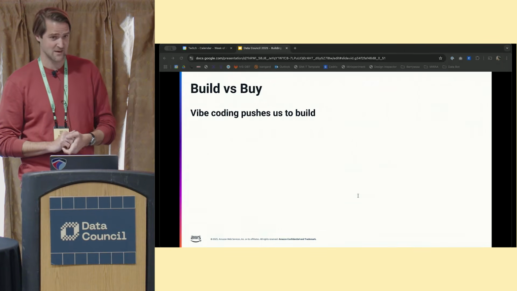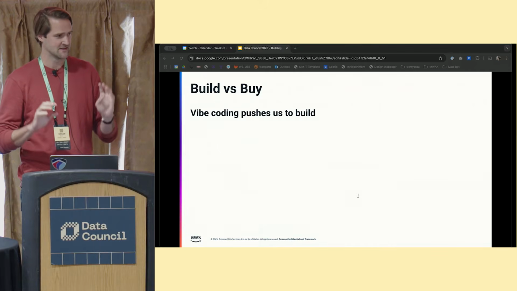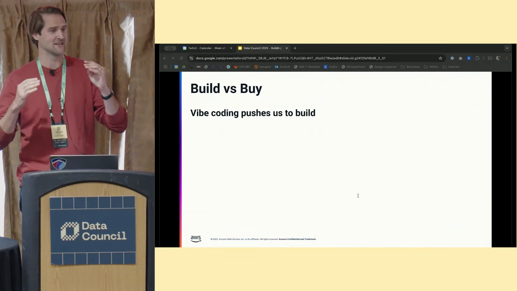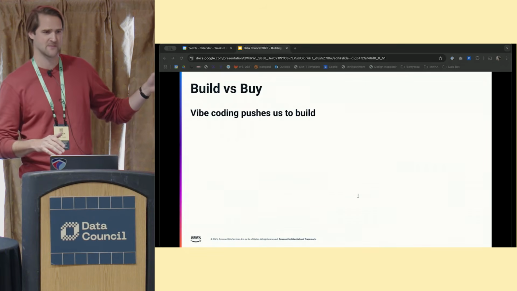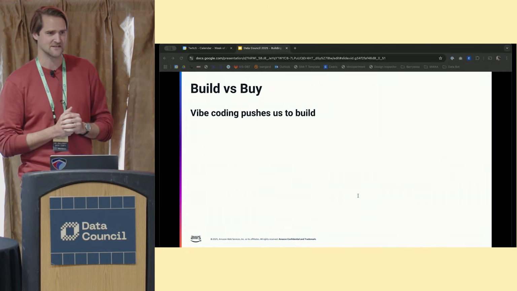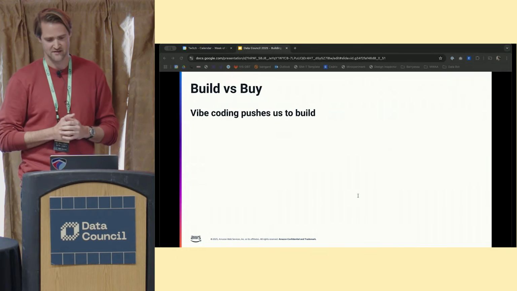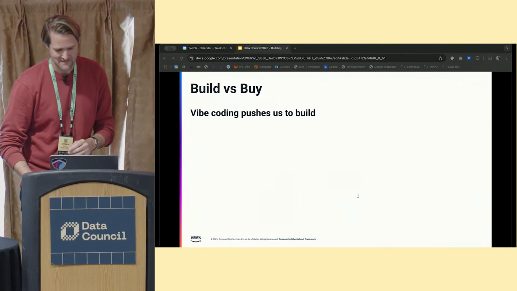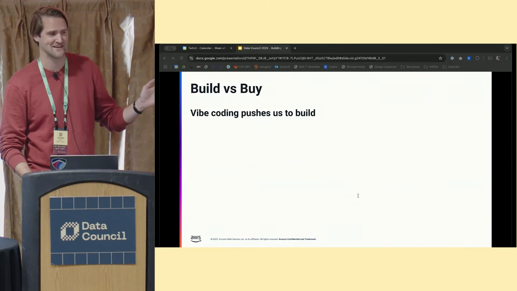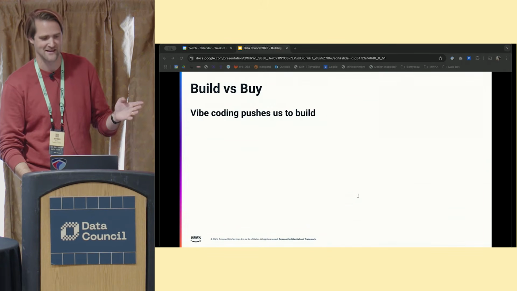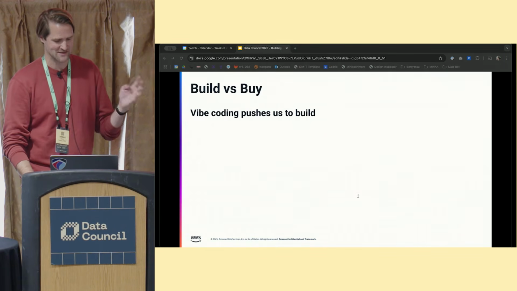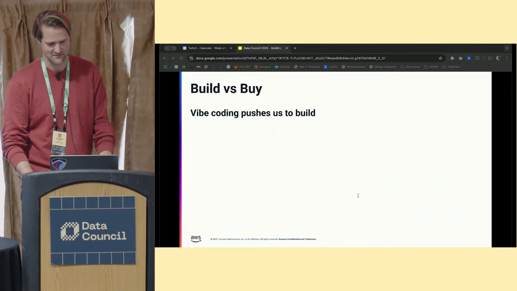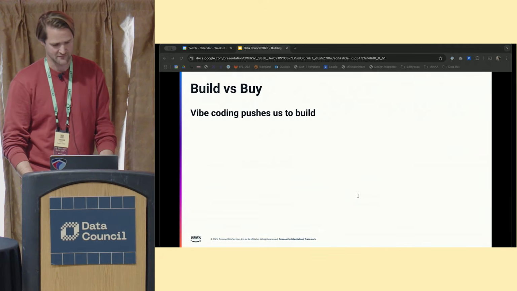I think this trend is going to make it very hard for SaaS. At least the bar to entry is now higher in this build versus buy debate, because building is becoming much easier. It's also very fun if you haven't tried it, because you can feel productive even if you're a manager. You can build stuff. It still requires some expertise, you've got to coach it, but it's really like nothing before.